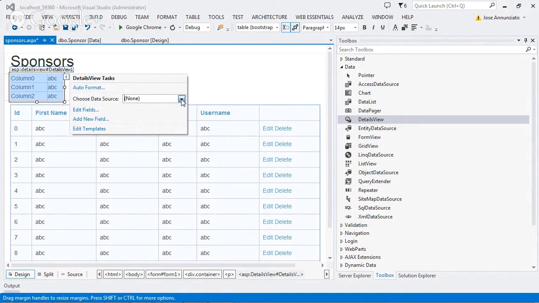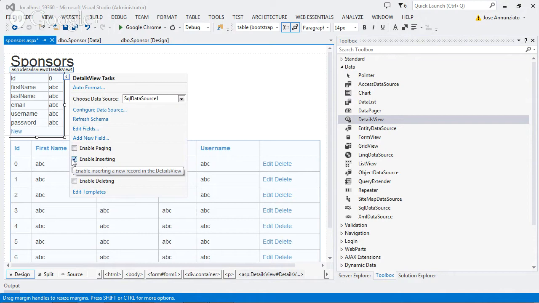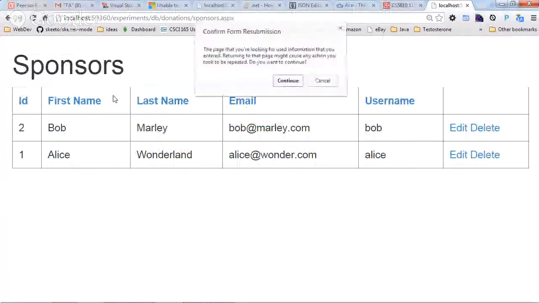Okay, we can configure it and point it to a particular data source. Right now, we already have a data source here, don't we? It says, well, I want to use the same data source that is already in the page. So we're going to select that. Notice that it reads the data source and says, okay, this is a particular record. It has these fields: ID, first name, last name, email, source, username, and password. So I'll create that. And what I want to be able to do is enable insertion. And I want to save this. Okay. If I refresh this,